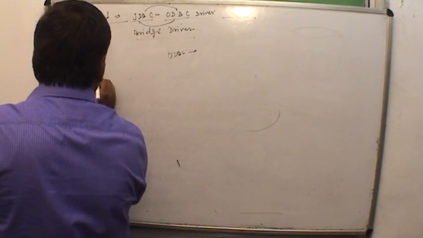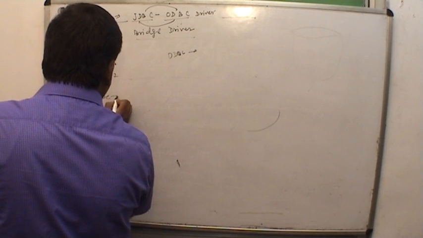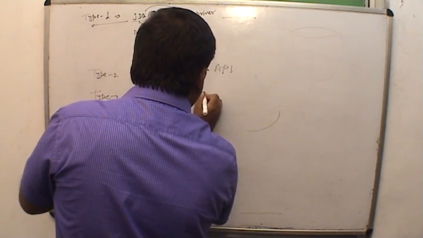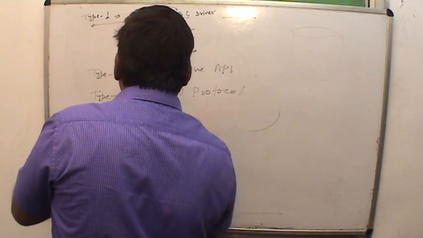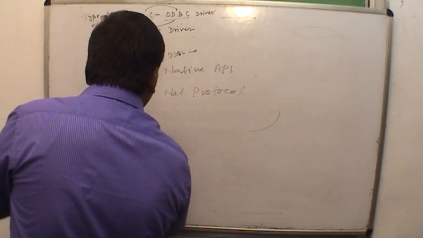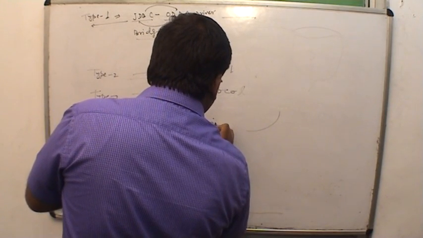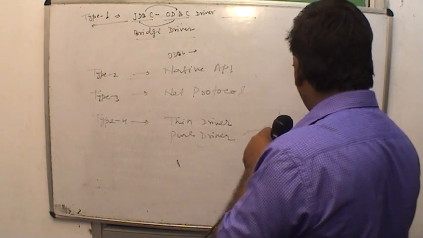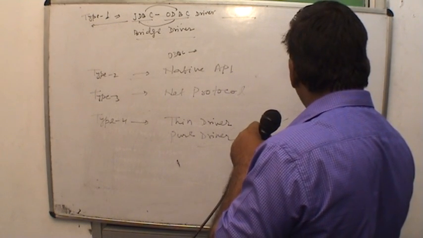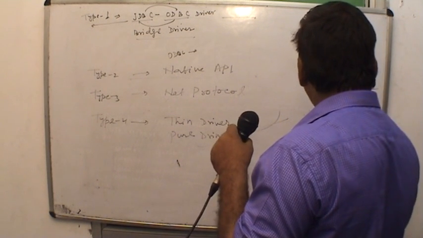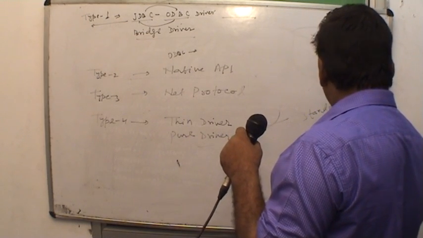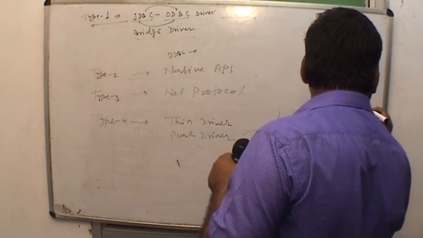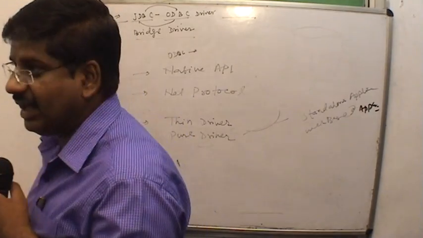इसके बाद आया टाइप 2 ड्राइवर, then टाइप 3 ड्राइवर, that is the native API driver, native API, and the third one is the net protocol driver, network, and the type 4 जो आजकल फ्रीक्वेंटली हम लोग यूज करते हैं, टाइप 4 ड्राइवर, जिसको हम लोग बोलते हैं थिन ड्राइवर, और इसको प्योर ड्राइवर भी बोला जाता है। ये ड्राइवर हमें स्टैंड अलोन एप्लीकेशन और वेब बेस्ड एप्लीकेशन दोनों के लिए मदद करता है।